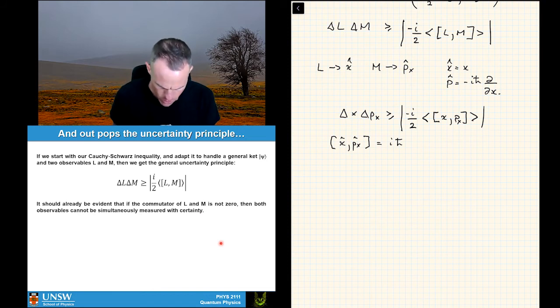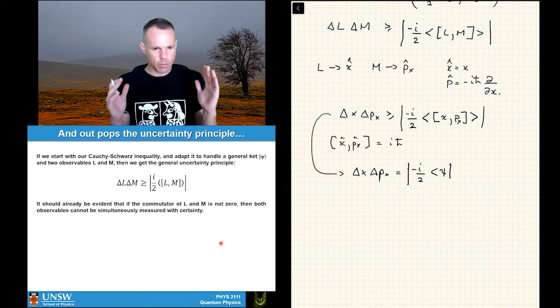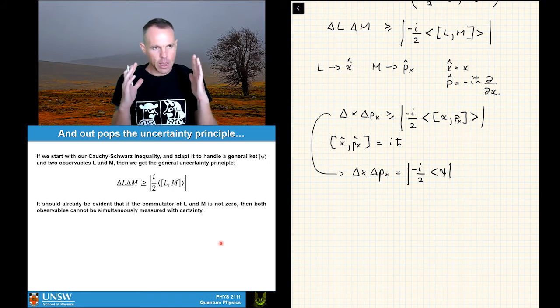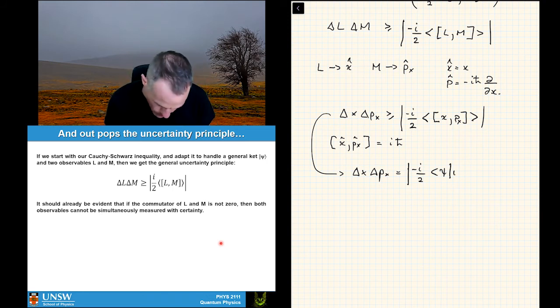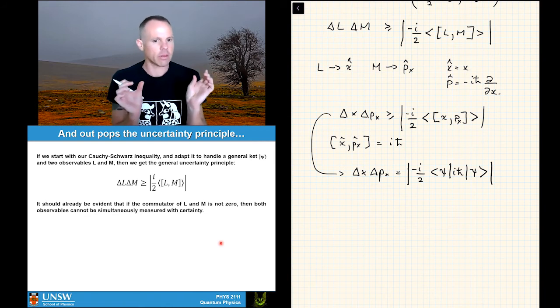So this thing would now be, let's take this term down here, delta x, delta p of x is going to be, we can write this term here. Then we've got psi. In the middle now would be our commutator, which has now become i h bar. Here on the right-hand side would be our state psi. Okay, so all we've done is just gone from an expectation value out to writing what the expectation value is in full bracket notation.